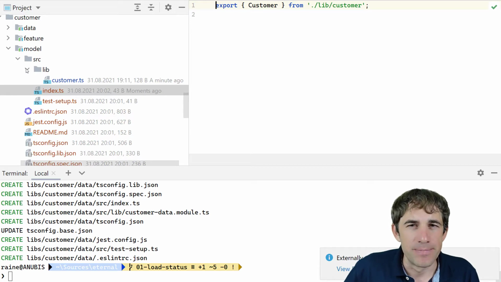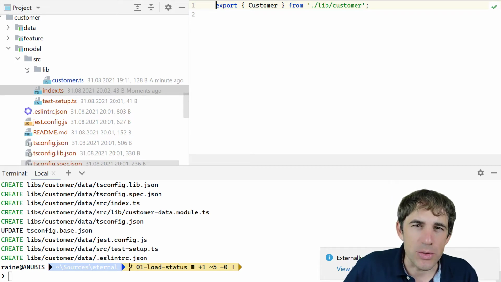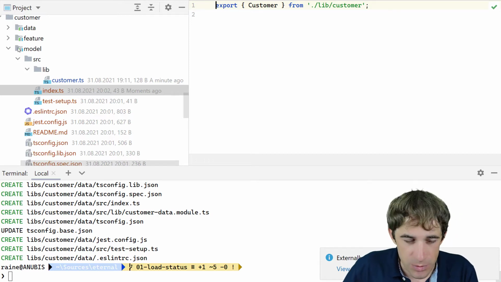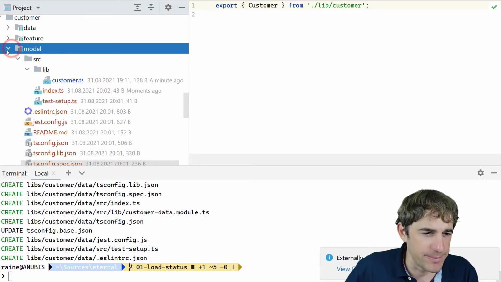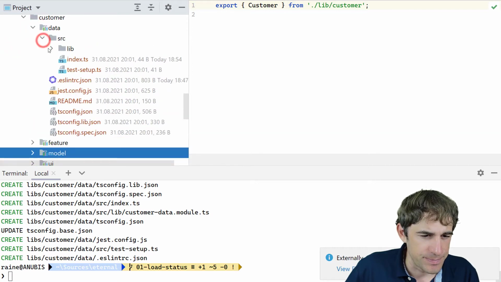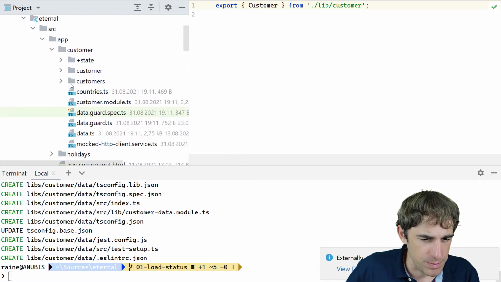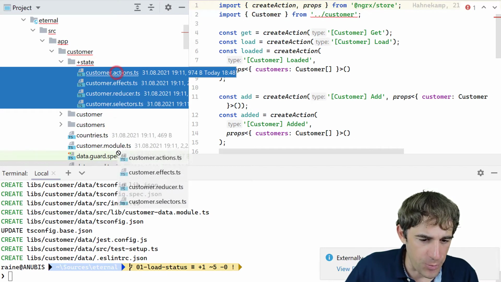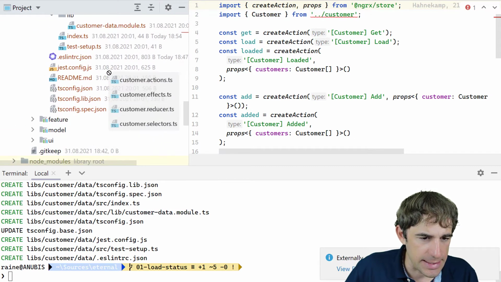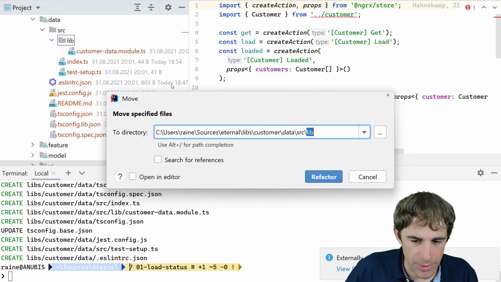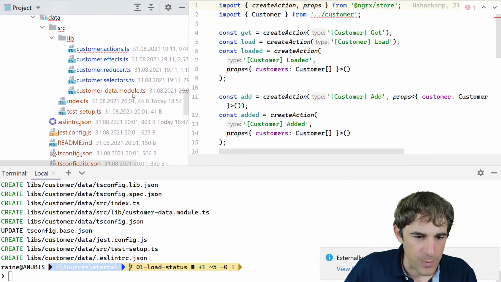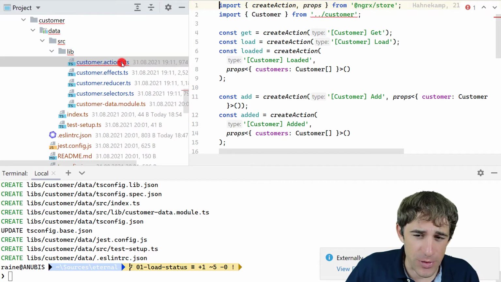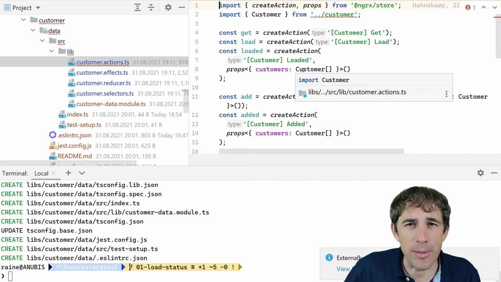The next step is that I also move the NgRx code into the data module. Goes the same thing as I did before. So I'm selecting these elements and I'm moving the files down here. Okay. And what I have to do now is that first of all I need to fix all the imports,